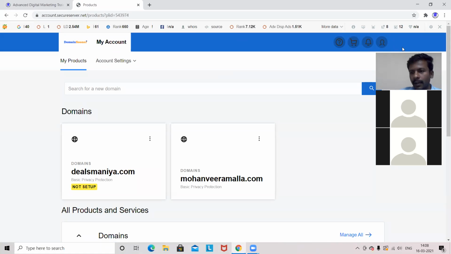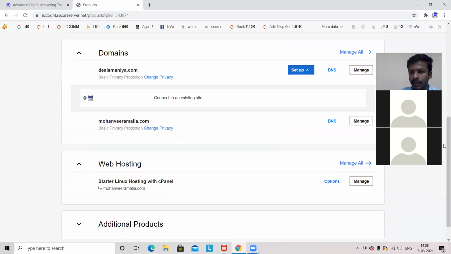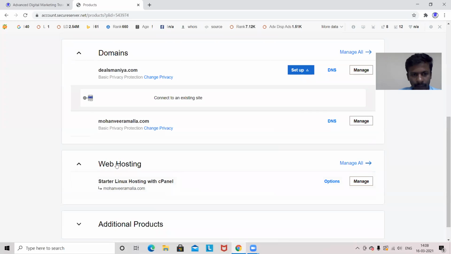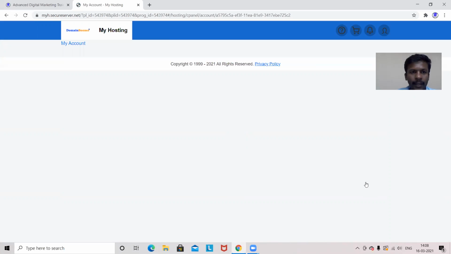Fine. So previous class we have seen some of the sections of web hosting. Okay, so from there I'll start again. So yesterday we have seen how to take a domain, how to take a hosting, and different types of domains we have seen, different kinds of hostings we have seen, and how to connect a domain and hosting also we have seen. So after connecting, we have seen some of the hosting part of the section of cPanel. So we'll continue from there. In between, if you have any doubts, you can open your mics and you can talk to me.